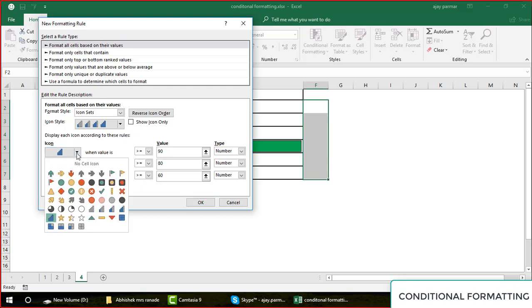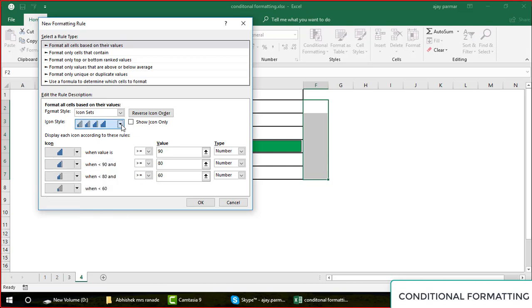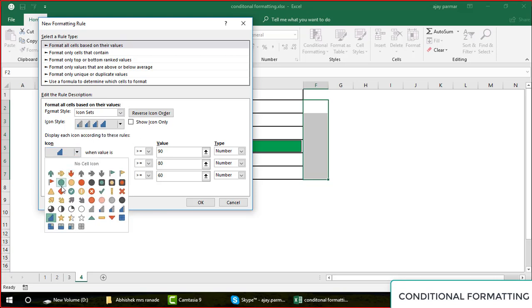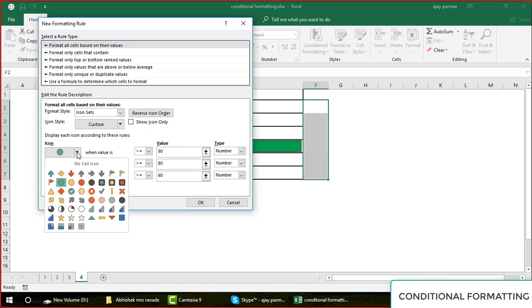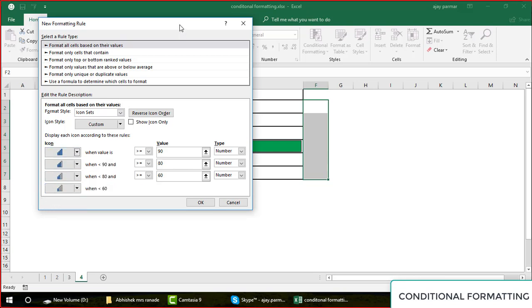You can change the icons from here also, instead of changing from here. This is also okay. So let's say I want to give this color. See that, right? So this particular icon would come from greater than 90, and the rest would come according to this. But this I don't think you would ever do, because it has to be of the same type. That's how your graph will look presentable. So now we are done with this.